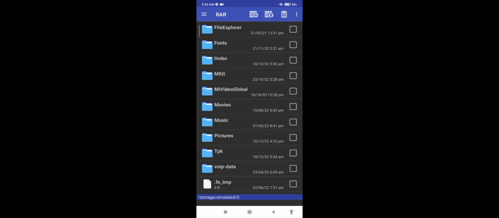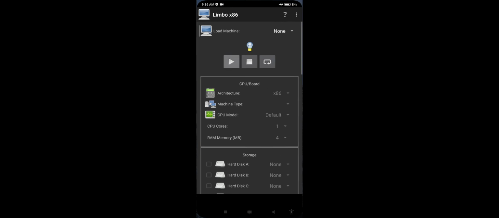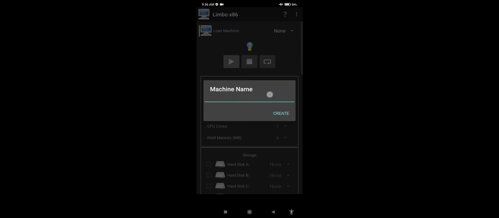And then go where you have saved the file and then mark Windows 2.03.rar and then click on the extract button. Mark keep broken files and then click on OK. See, it is extracted, and then open Limbo x86 and in the load machine select new, and in the machine